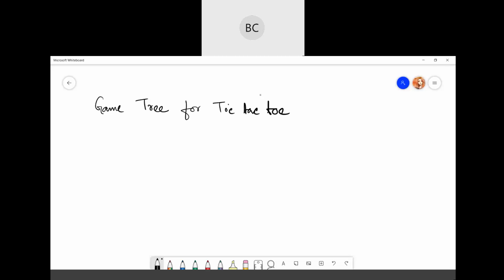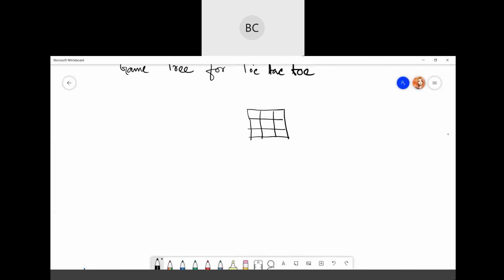Max always starts the move, and Max will try to maximize the result of the game tree, and Min will try to minimize it. For the tic-tac-toe game, it looks something like this, a 3 by 3 grid. This is the initial state, where we have nothing.